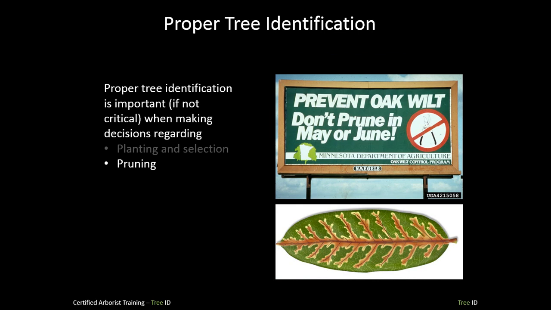Also, pruning is something that can be affected by species. In the Midwest and in Texas, where I was from, oak wilt's pretty prevalent, and it might come to Florida eventually. I suspect it will by the time I retire. And the major vector for that insect infects prune wounds during its transmission period. So if you know what species of oak you're working with, which is mostly the red oak species, you can avoid pruning those trees during peak transmission period and avoid spreading the disease more than it will through root grafts